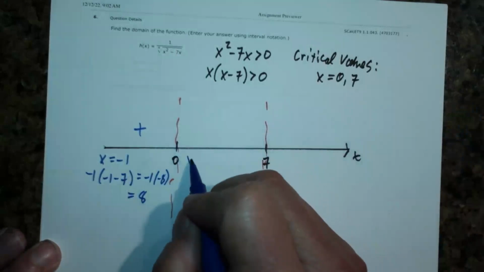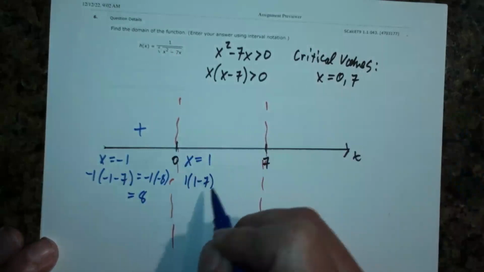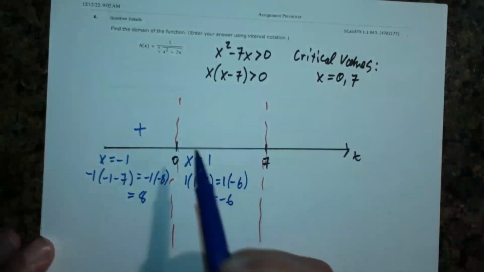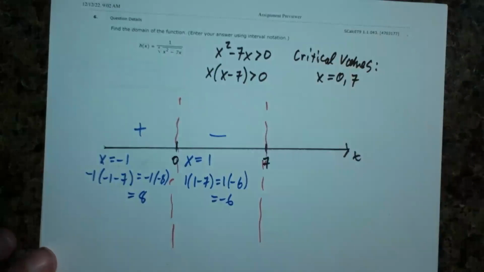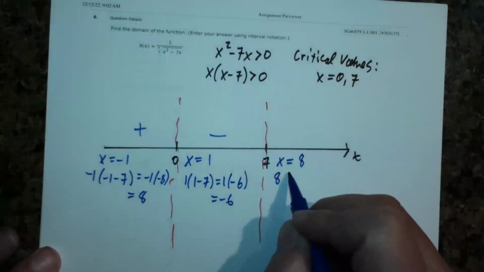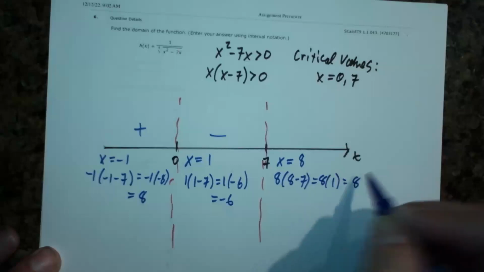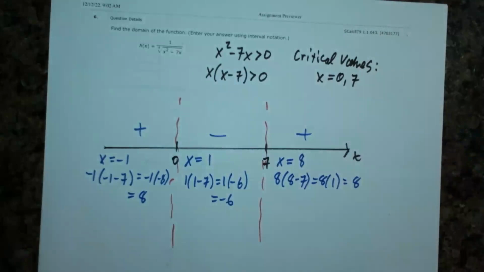Let's try one in between. Let's do positive 1. That means that every x value between 0 and 7 is going to make this product negative. And after 7, that means every x value bigger than 7 is going to make this product positive. Now we need which x values are going to make this positive, and that's going to be our domain